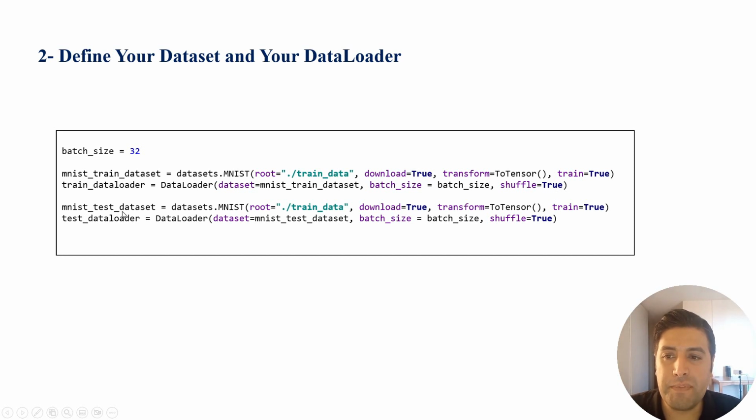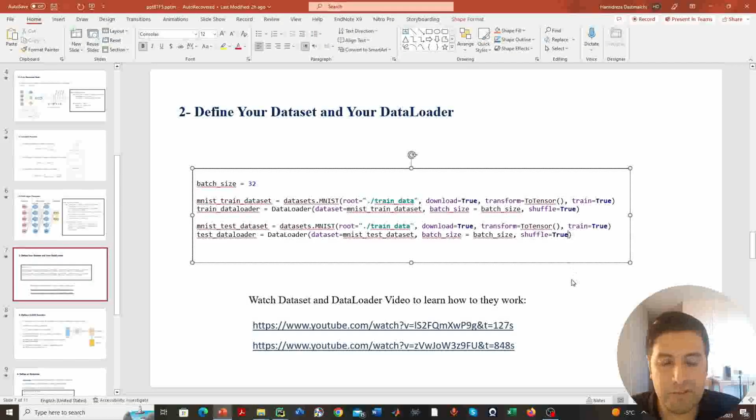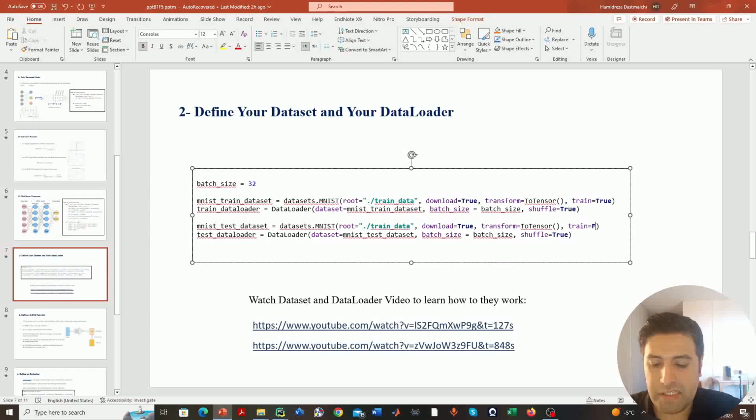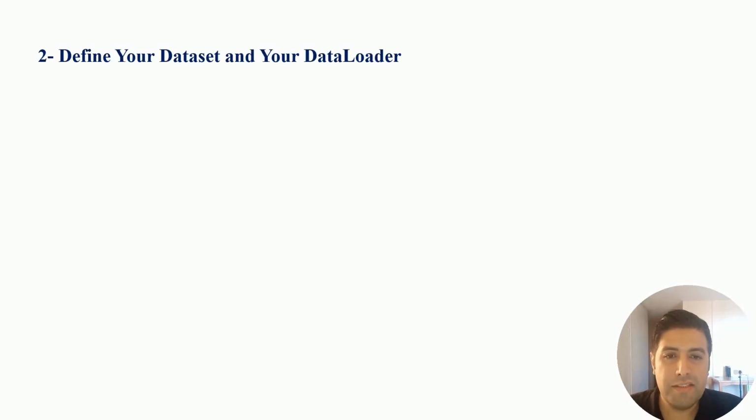And for the test data set, I will do the same thing, but here there is something wrong. I must make it false. For example, here train will be false because this is my test, and for shuffle I must use false. So as you can see,